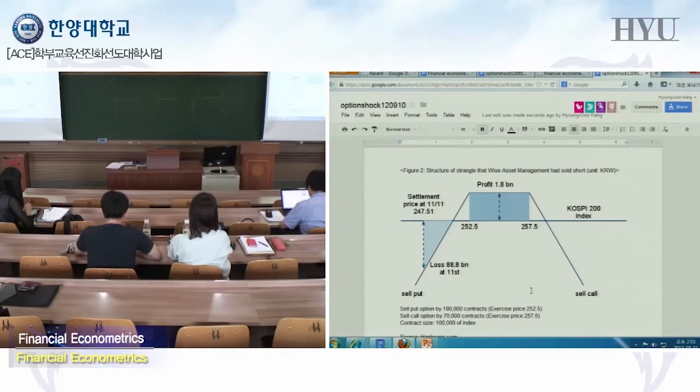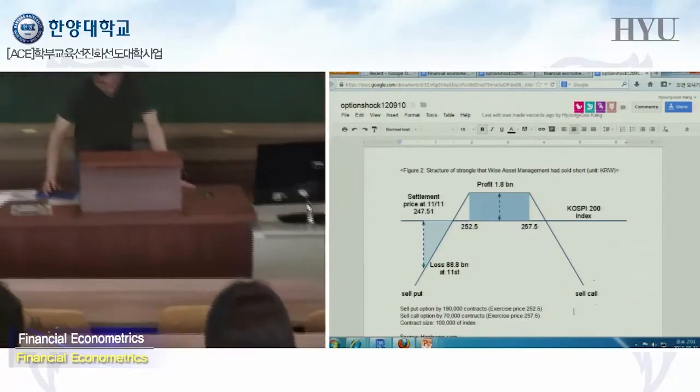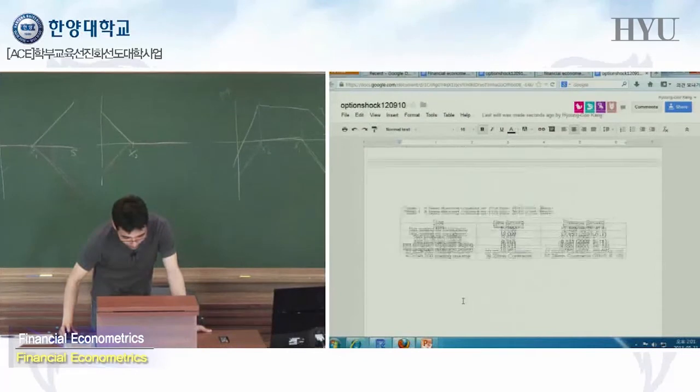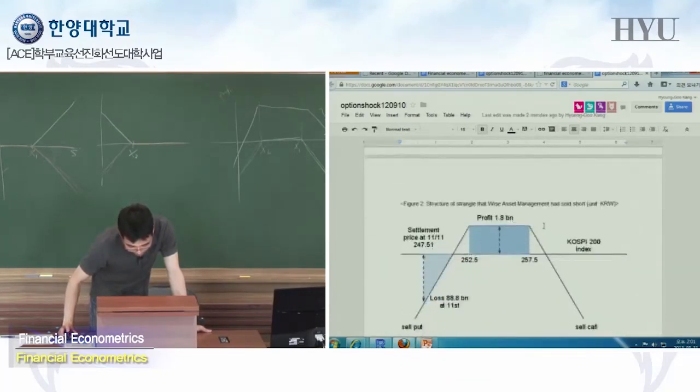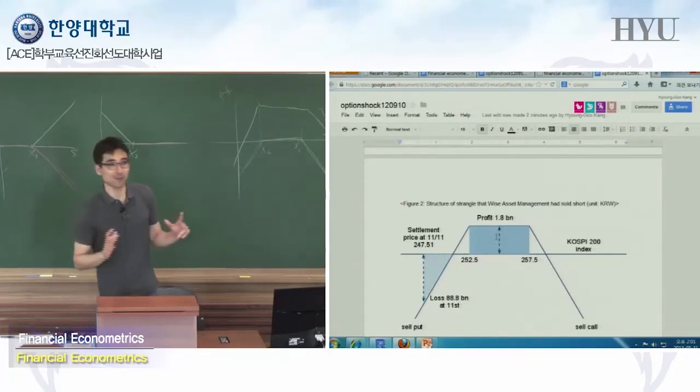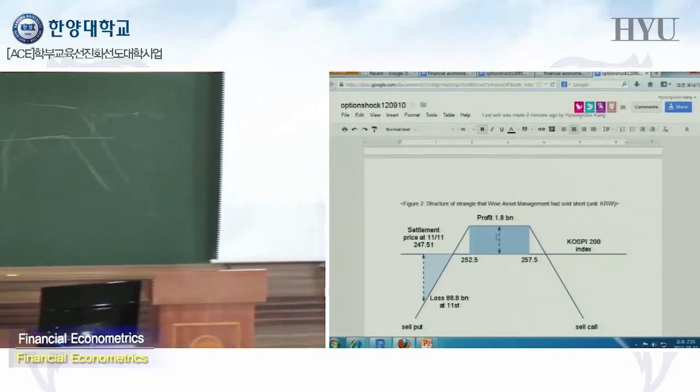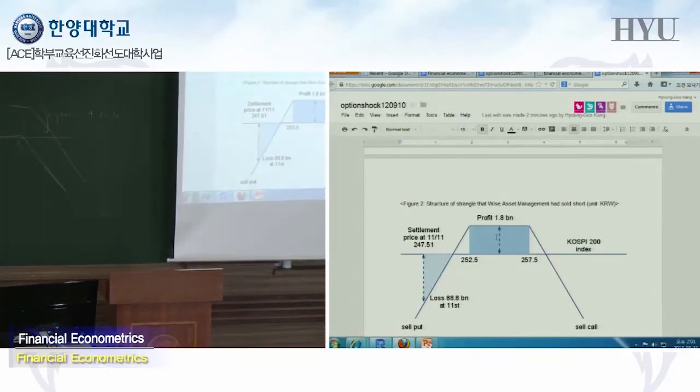And YSM must have made money if the stock price is somewhere here, actually. So right before the event, okay, where is the previous graph? Okay, stock price was between 254 and 255, right? The stock price's highest point was 256.1. And the stock price was somewhere here, okay? So YSM Management was very happy at that time because they were somewhere here, okay? They were about to make 1 billion, and then in 10 minutes, the stock price becomes this point.